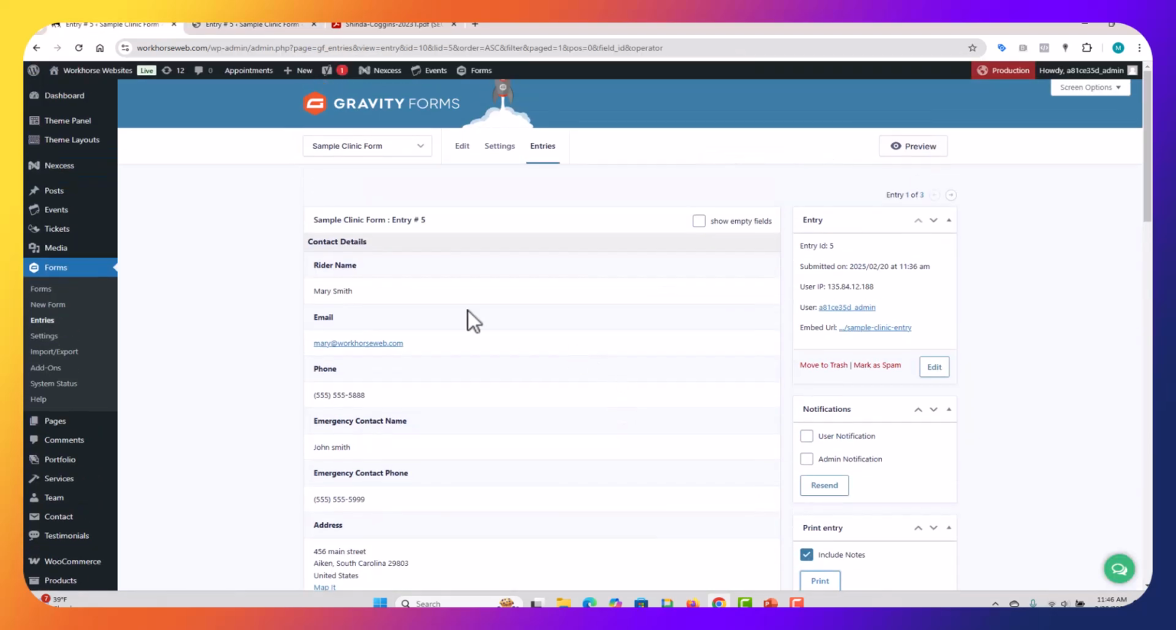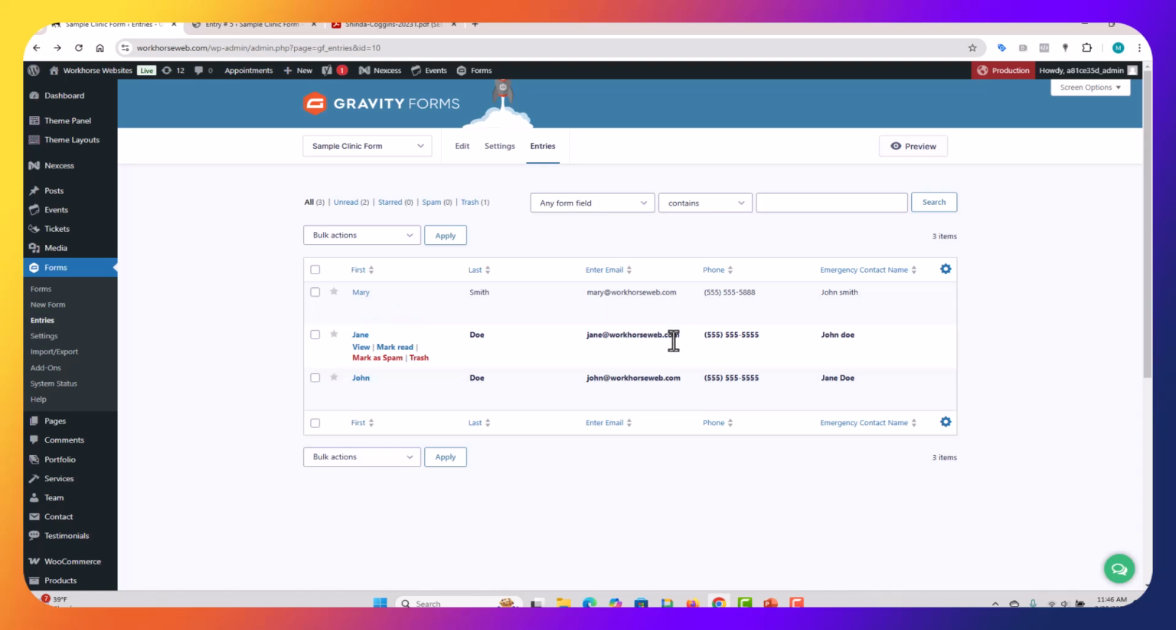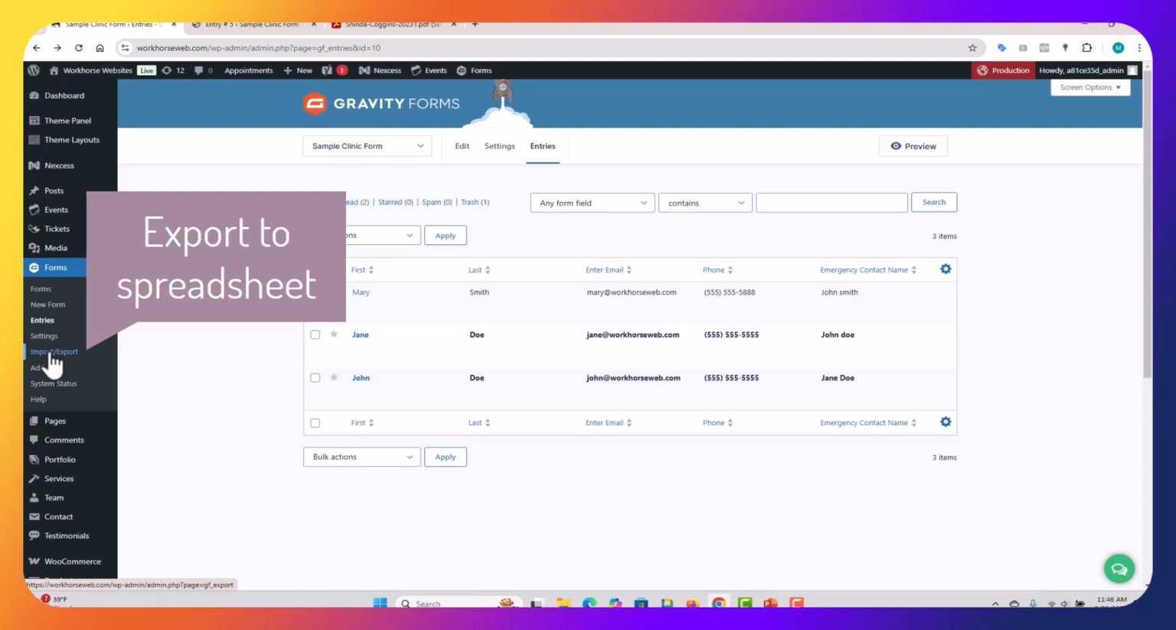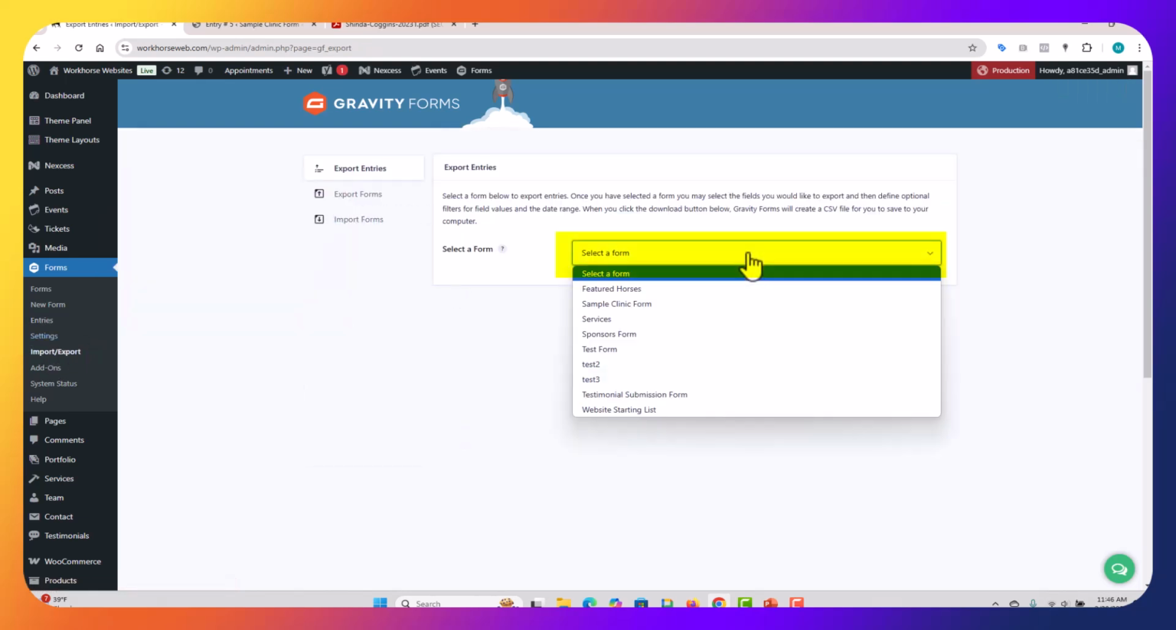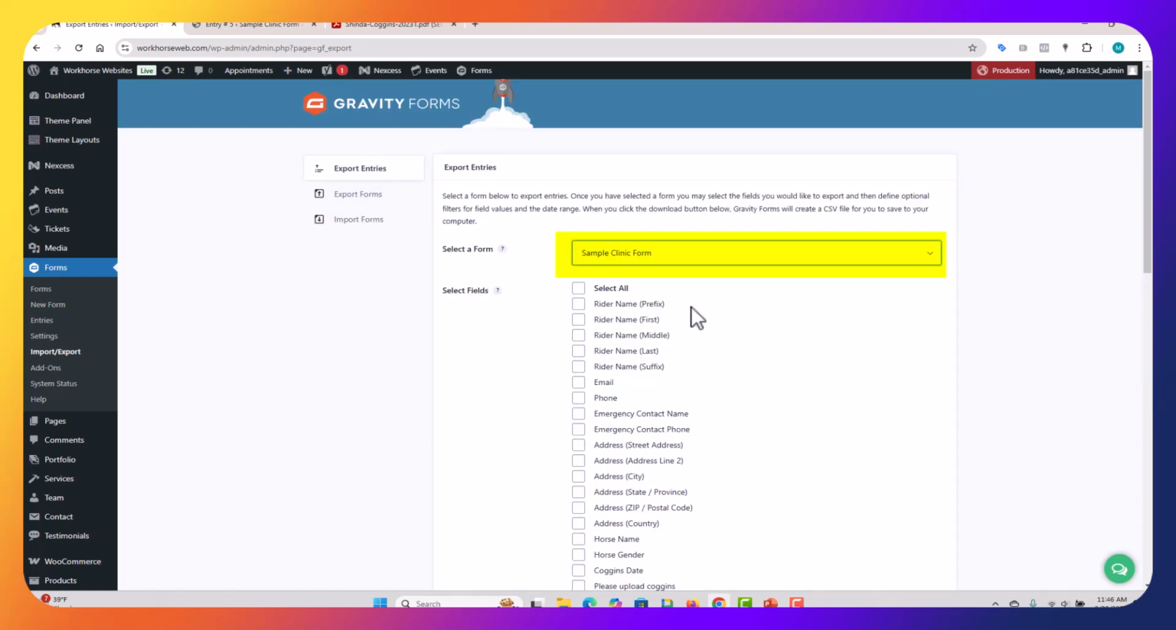Another really handy thing with these forms is the exporting capability. So I'm going to just go back to my entries, just hit the back button. So you could look at each one individually if you wanted to see. The other thing you can do is you can actually mass export all of these into a spreadsheet. So if I click import export, and I'm going to select my form, in this case the sample clinic form,